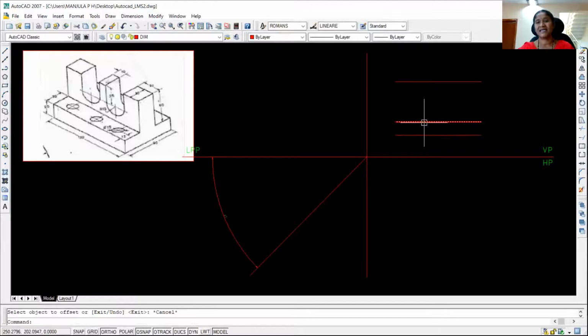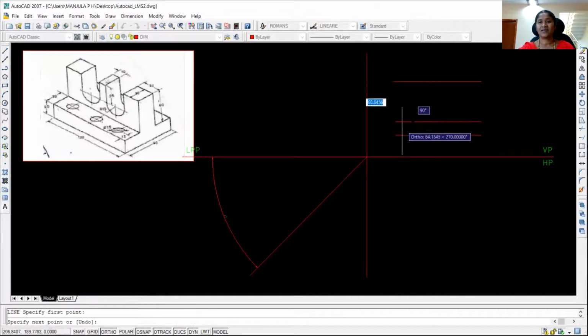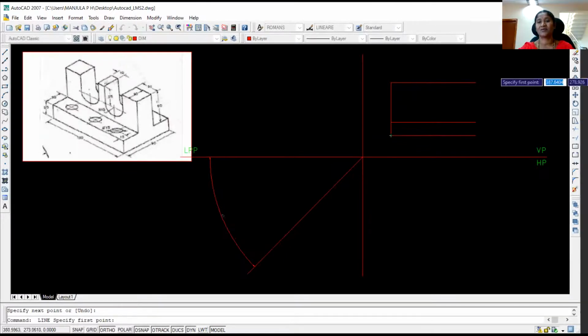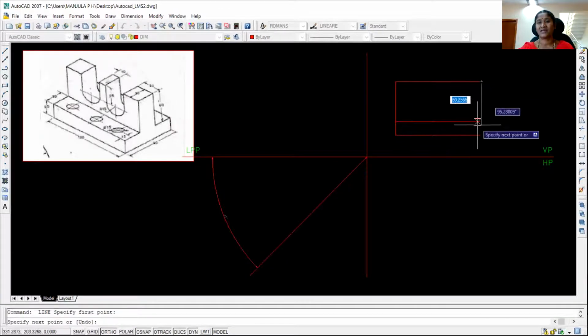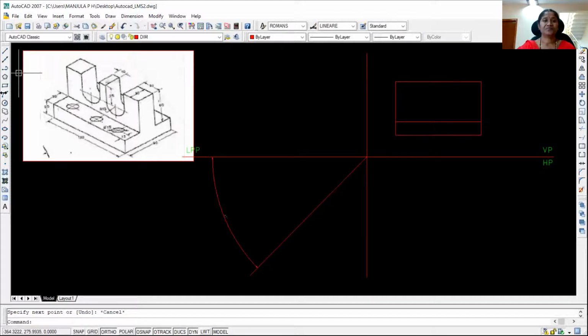For that, take the line command, type L, enter. So from this point, you draw from this end point to this end point. Instead of going to the line command again and again, I'm going to make use of the space bar. Press the space bar again, this line command will end and the previous command will be selected. So you press the space bar twice. I'm going to draw the line from this end point to this point. Now, I have completed this part. So I have completed the top rectangle.